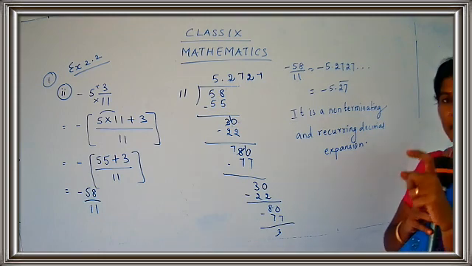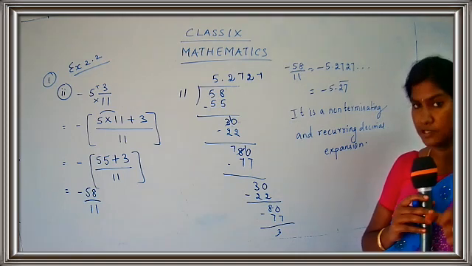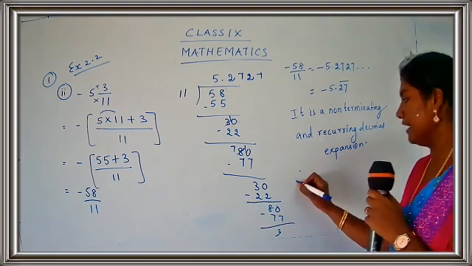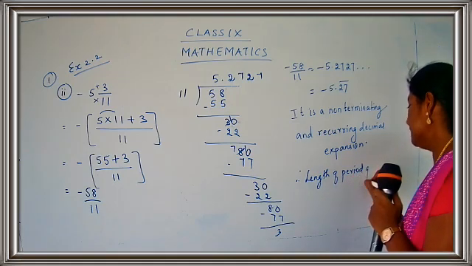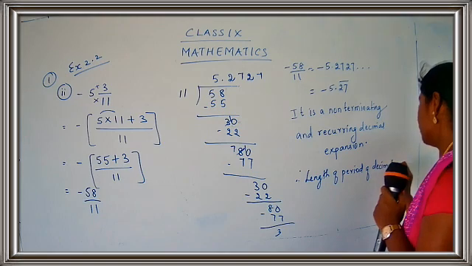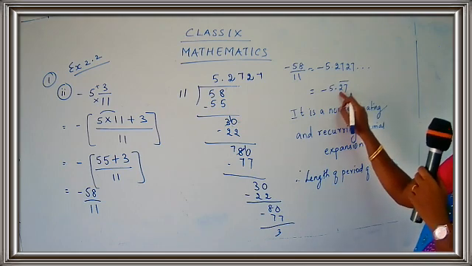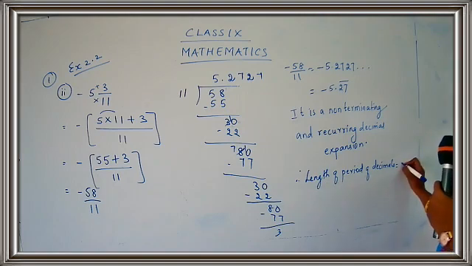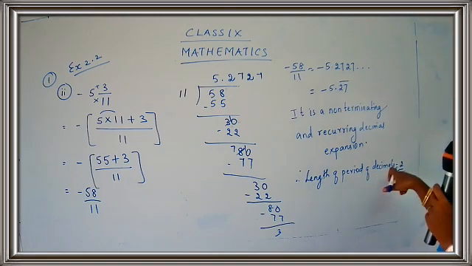And one more question I have added there. Yes, children, I added one more question. What was the question? If possible, I told you, find the length of the period of the decimal. So write down, therefore, length of period of decimals is equal to, what is the length of the period, children? How many numbers are going to be repeated? The two numbers, 1, 2. These two numbers will go on repeating again and again. So the length of period of decimals is equal to 2, because two numbers are repeated. So just mention your 2. So we have completed our sub part 2.